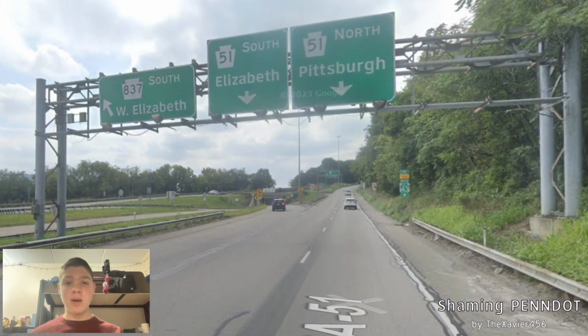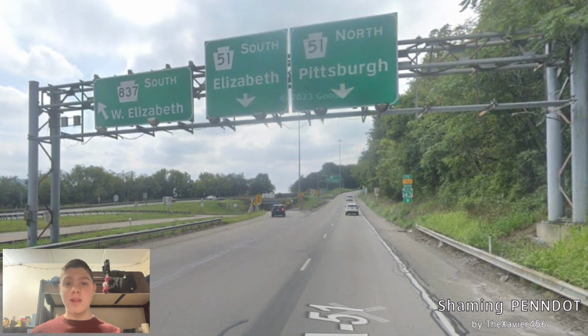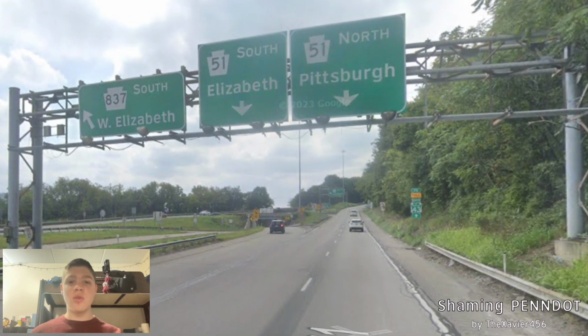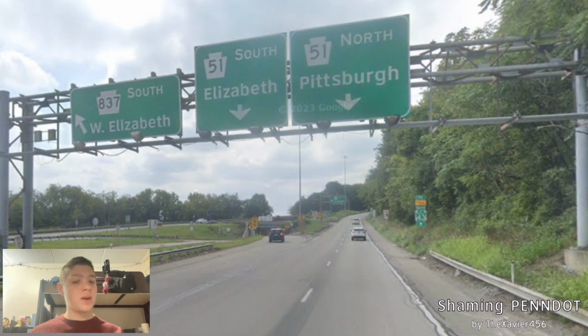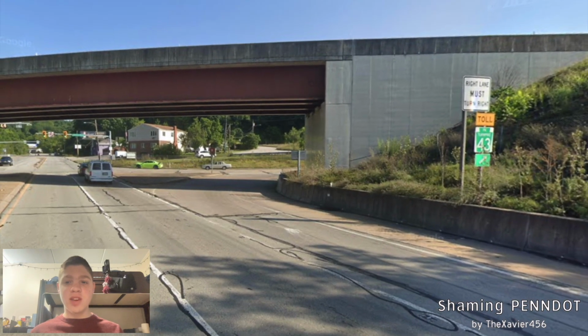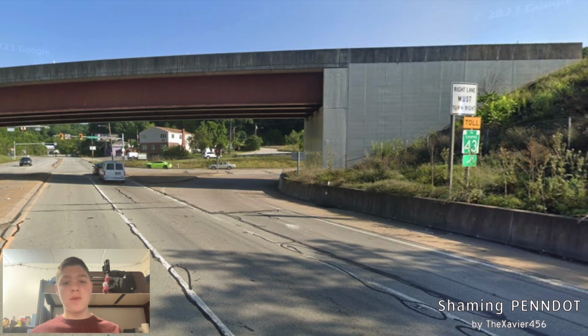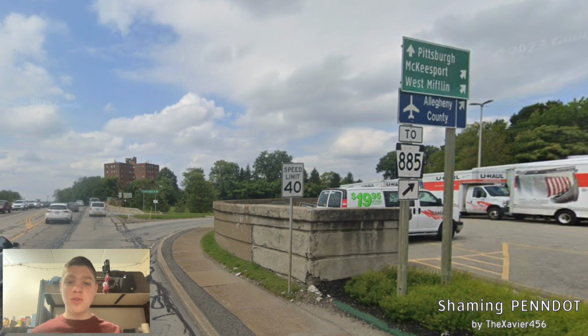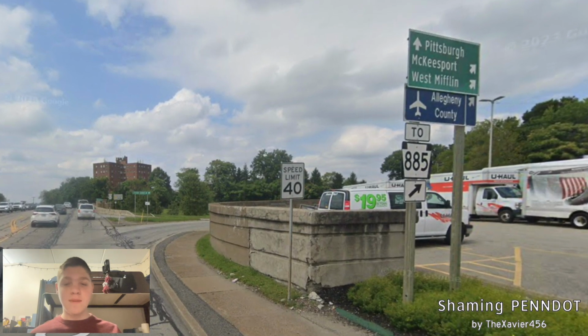Here is the ramp to southbound 837 for West Elizabeth, and we get 51 North Pittsburgh, and we also get a U-turn for southbound as we did northbound, and signed for Elizabeth rather than Uniontown. Here we meet with PA 43, we just get a shield and no Control City for whatever reason. Here we get a 2885 shield, and we also get McKeesport and West Mifflin signed for those, and we're still